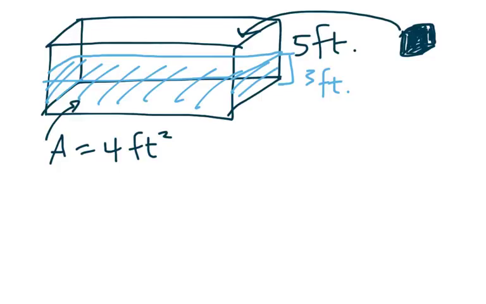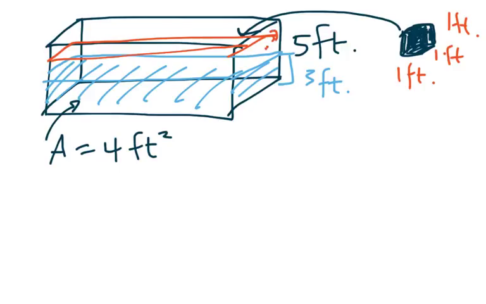And I have a solid cube, and that solid cube has an edge of 1 foot. And of course, with a cube, that means all the edges are 1 foot. And we're going to drop it into the bottom of the container and try to figure out, when we do that, how much more will the water rise? That's our question. So the volume of the cube, right over here, is 1 cubic foot, because that's 1 times